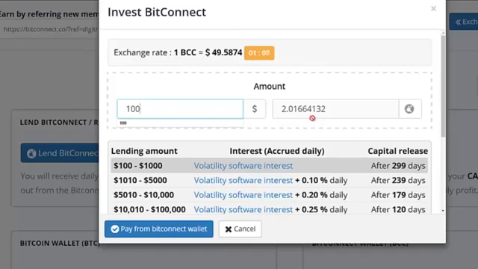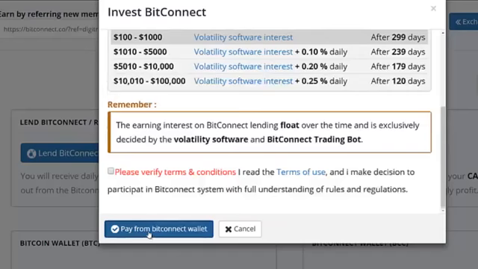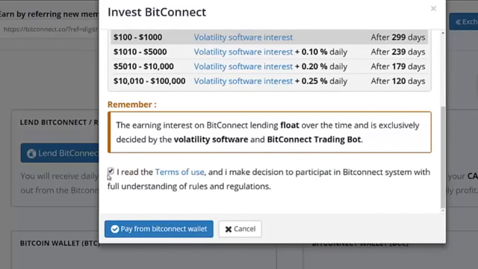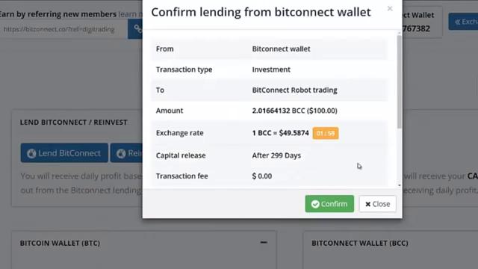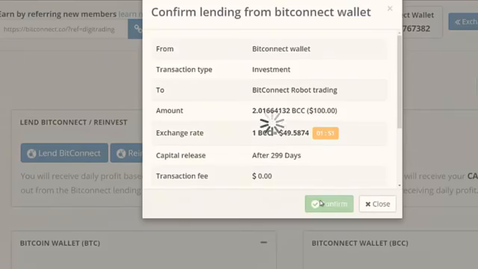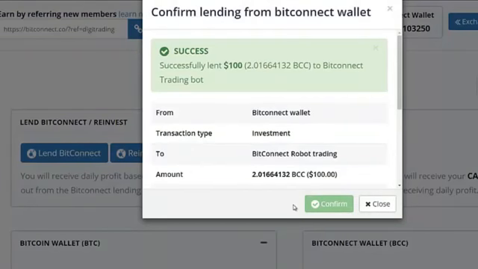Okay, it's going to tell me how much Bitconnect coin, and I'm going to say pay from my Bitconnect wallet. Left click. I've got to verify my terms and conditions. Sorry about that. Okay, and then I'm simply going to left click. There is a confirmation screen, and it goes over everything here. Okay, and I'm going to click confirm. And guess what, ladies and gentlemen? We have now successfully lent $100 to the Bitconnect trading bot, for which we're going to earn a variable rate